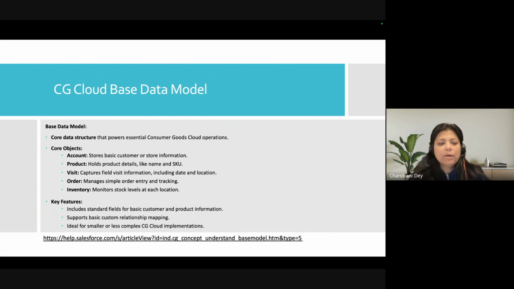The base data model is a core data structure that powers very essential CG Cloud operations. So if it is a small company that wants features the base model already holds, you can always work with the base data model, not the enhanced data model, because enhanced has a lot more capabilities, features and relations.